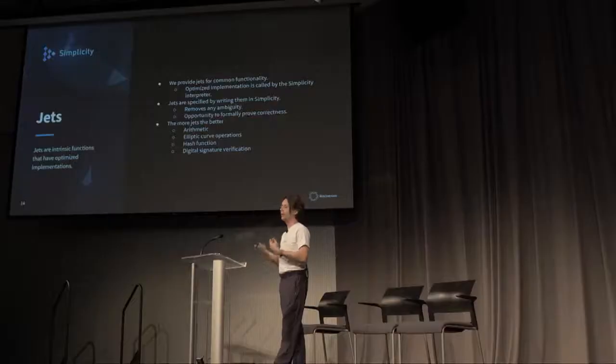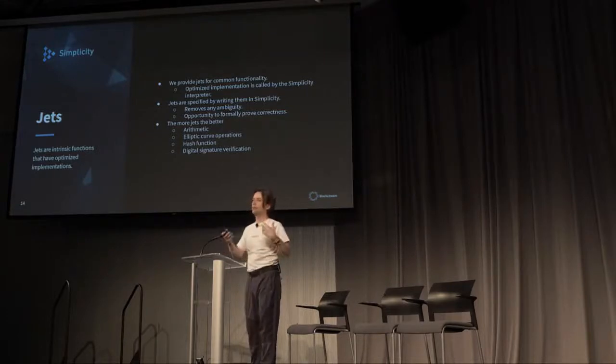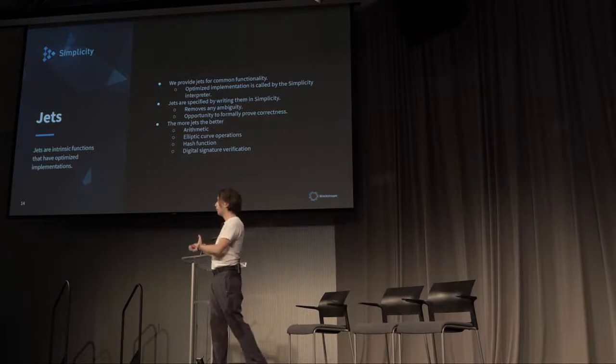So we need to specify the behavior of the jets, and the very cheap solution to specifying the behavior of jets is to simply specify them by writing them in Simplicity. This removes any ambiguity, so different implementations can agree on what the definition of these jets are. So in the worst case, when somebody implements it wrong, we can determine who's wrong because we have